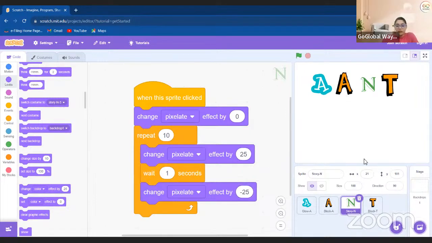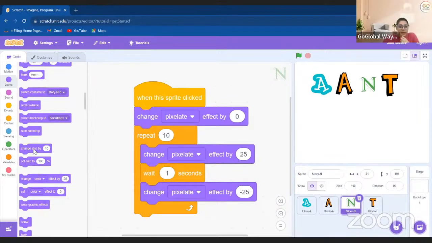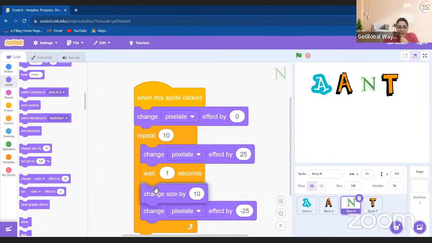Okay, now if I click on this N, it's working, but the thing is that it's not very clear to me. So what I want is for it to also change its size a little. It has to change its size. So I'm just taking change size by 10 and then pixelate effect by this, and it will be 0.3 seconds so that it stays like this for a little while. So if I just click on it,